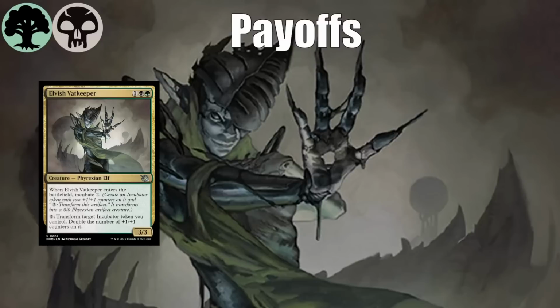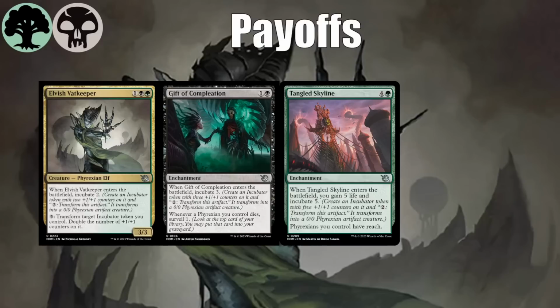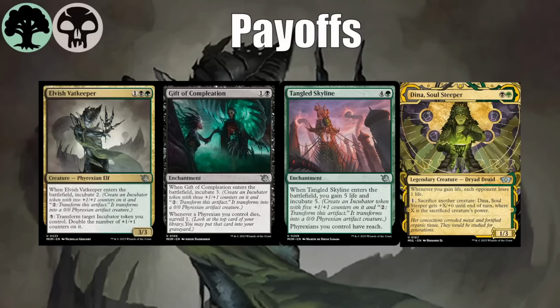You have some common and uncommon payoffs, including the Gift of Completion we already saw. We've also got Tangled Skyline, which gives you an Incubate 5 token, and Phyrexians you control have Reach. And you have Dina Soul Steeper from the Multiverse Legends sheet. She's sort of a second signpost uncommon. Some of the colors have a card in Multiverse Legends that is a little more signposty. She's not